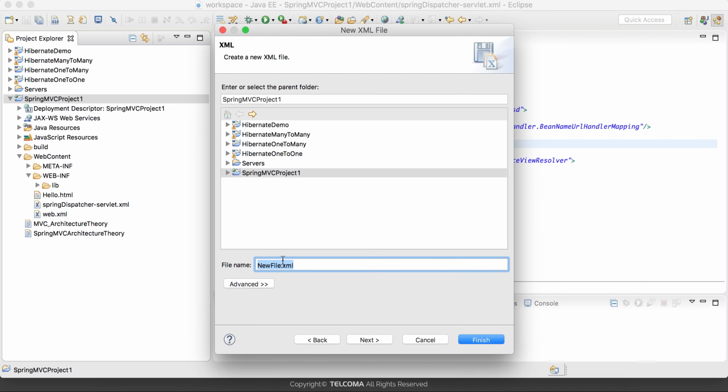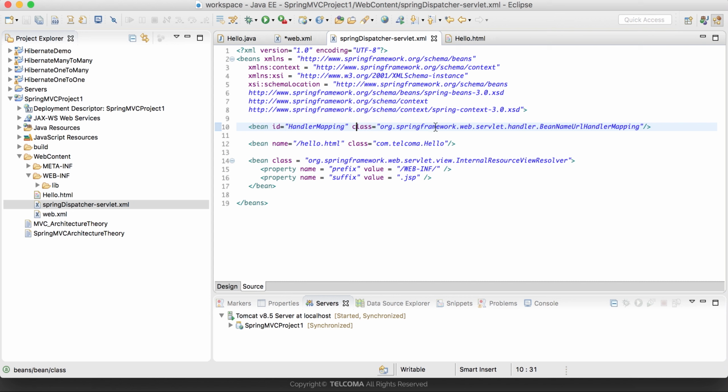Now comes the second component, which is the handler mapper. So the front controller is prepared in the web.xml. Now we have to write this line of code. I have just written the line of code, and I will explain each and every component. First we have defined the bean id handlerMapping. Class is org.springframework.web.servlet.handler.BeanNameUrlHandlerMapping. This class BeanNameUrlHandlerMapping is the default class provided by the SpringMVC framework as a handler mapper to